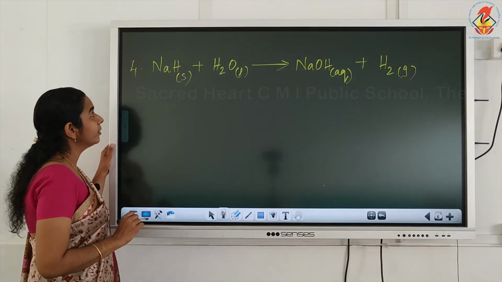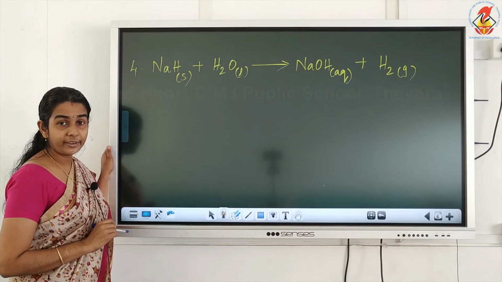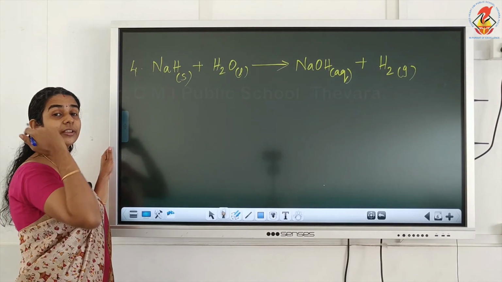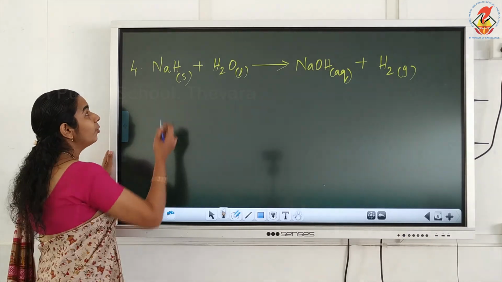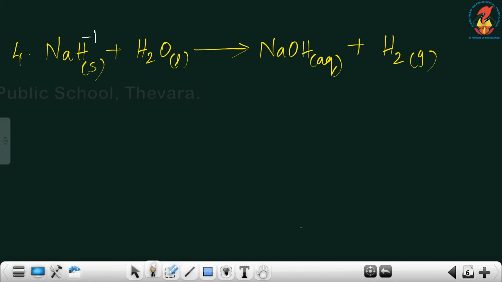We know that here in the first one it is NaH, sodium hydride. Hydrogen, if it is coming on the right hand side of a formula, means it will be a hydride, and only here hydrogen will be exhibiting -1 oxidation state. So what will be the oxidation state of sodium here? Sum should be equal to 0. Here we have only one hydrogen, so -1 into 1, -1. So sodium should be +1. So +1 into 1, +1, plus -1 into 1, -1, +1 -1 equal to 0.